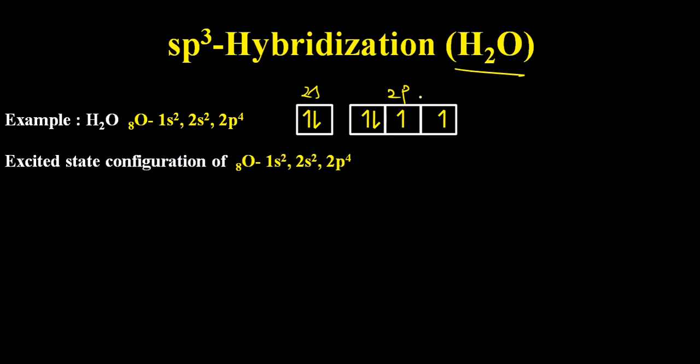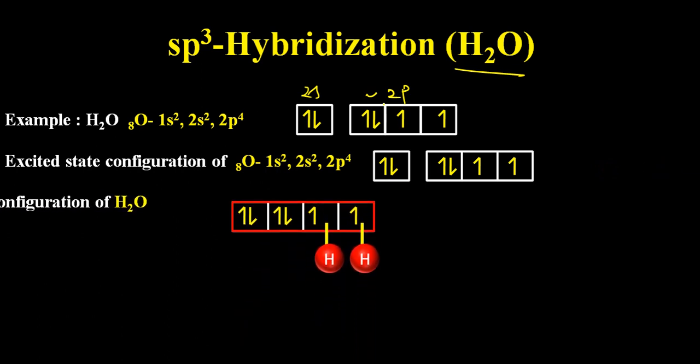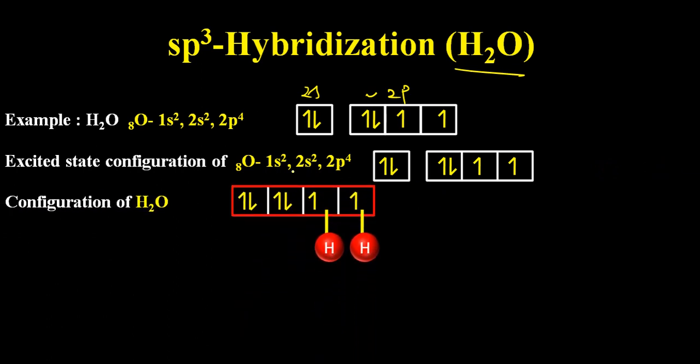have the same type of configuration, because excitation of electrons from the 2s or even the 2p orbital, which is filled, we can have 2 lone pairs of electrons and 2 unpaired electrons. So we will keep them as they are. So after hybridization, what will happen? All the 4 hybrid orbitals will be named sp3 hybrid orbitals, and 2 will contain lone pairs of electrons, and 2 with unpaired electrons will result in the formation of 2 sigma bonds with 1s atomic orbitals of hydrogen atom.